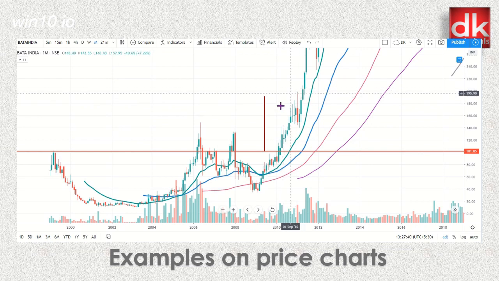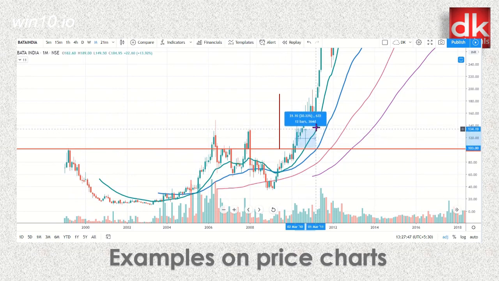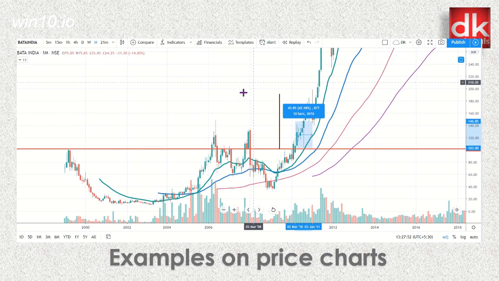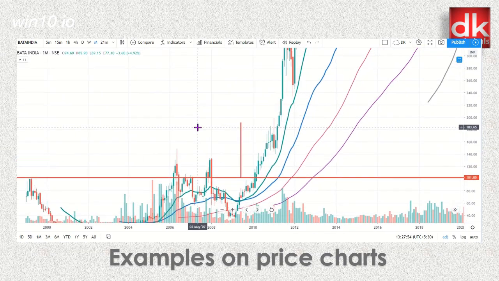The 190 target was there, which was achieved in how many months? Let me measure from the point of breakout till the target was achieved here. It has taken only 10 months time to achieve this target. But this is always a minimum expected target, and we can see ultimately many times the stock has gone to make a high of. So anybody entering this stock after formation of a rounding bottom would have made a very great amount. Yes, in the first attempt our stop loss got triggered.